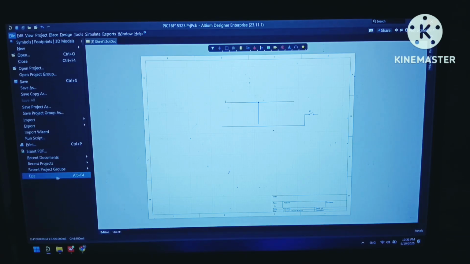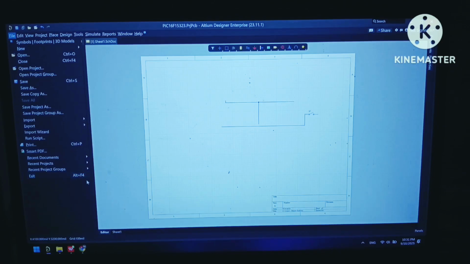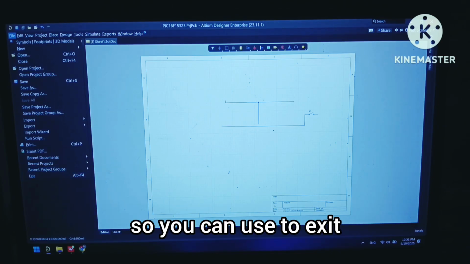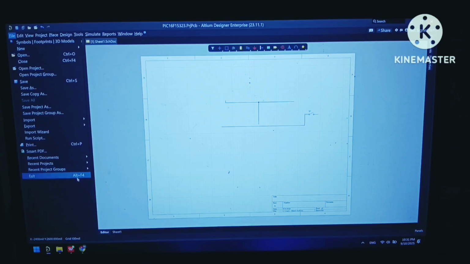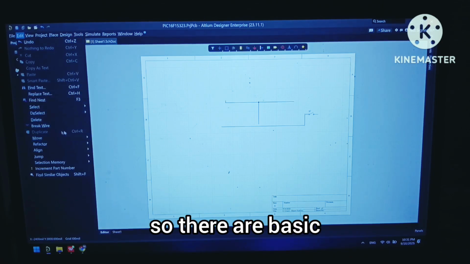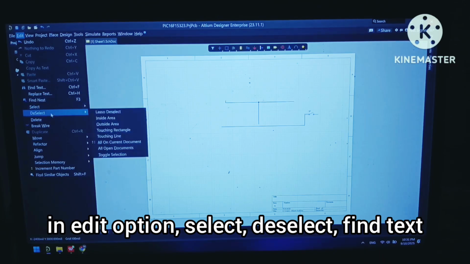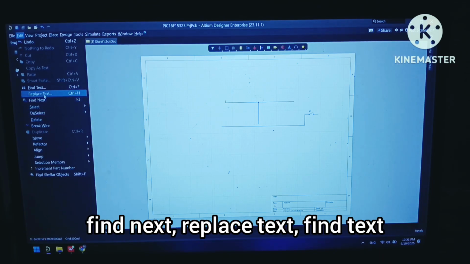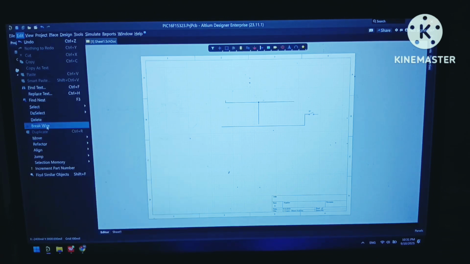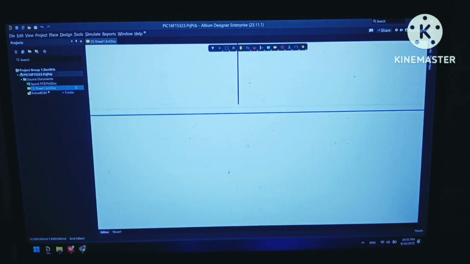And next is exit. We can exit from Altium Designer, and the shortcut key is also mentioned, so you can use Alt plus F4 to exit from Altium Designer. And next is edit. This is our second command. There are basic commands in the edit option: select, deselect, find text, find next, replace text, and break wire. With the help of this option we can break a wire.